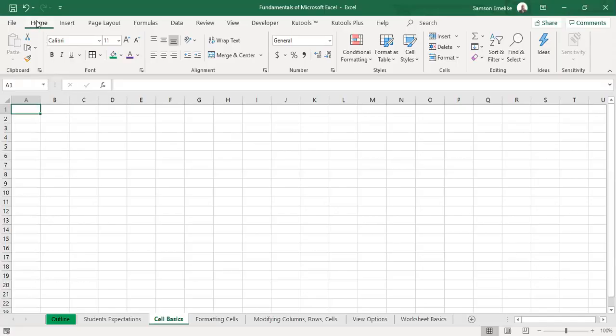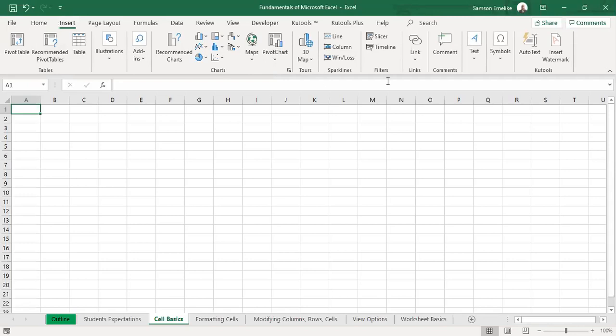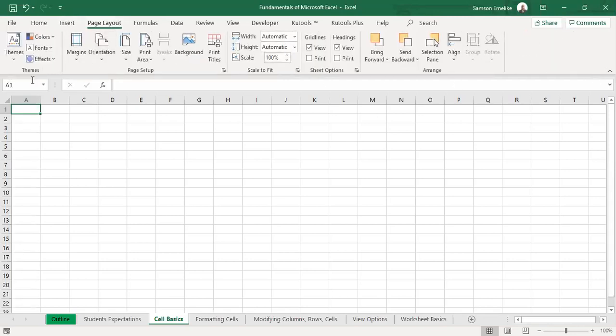Now, under the home here, when you click home, you see that home is highlighted. All these options are the various tools. You have the clipboard, you have the font, you have alignment, and so on and so forth. You click insert, a new set of tools appear. You click here. For each of them, whatever you need to do, the tools to do them are embedded inside